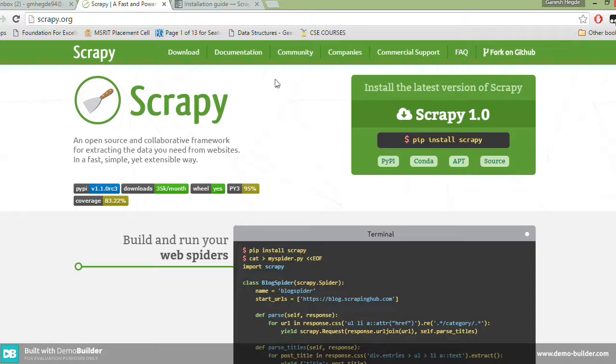Like web search engines, we can use the web crawling, and crawler consumes the resources on the system they visit, and often visit sites without approval. Issues of scheduler load and politeness come to play when a large collection of the pages are accessed. The mechanism exists for public sites not wishing to be crawled to make it known to the crawling agent. Like Data Park Search, Open Server, Scrapy, and many more web crawlers are available.